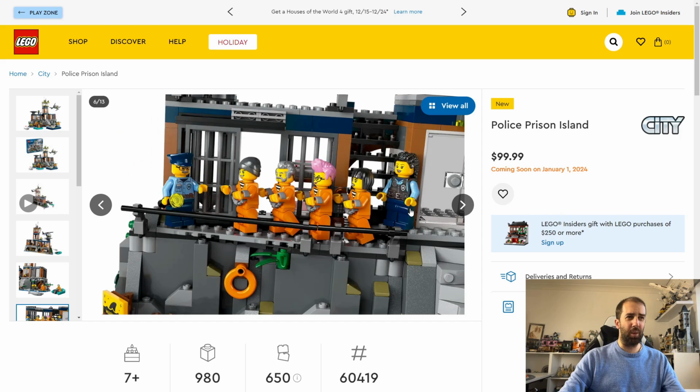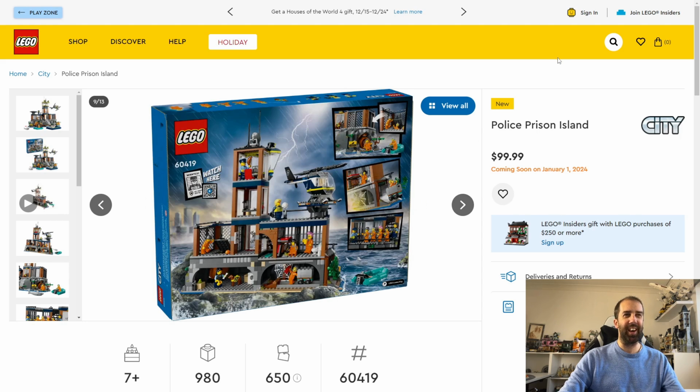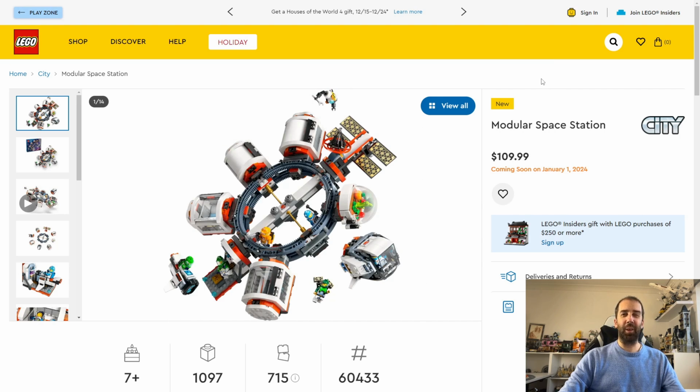How many minifigures? You get quite a lot of minifigures by the looks of it in this. That's pretty decent. How many do you get? 1, 2, 3, 4, 5, 6. So you get 7 minifigures, and looks like you got a police dog as well, which is quite cool. Quite like that. Now, one of the more expensive of these space sets is the modular space station, priced